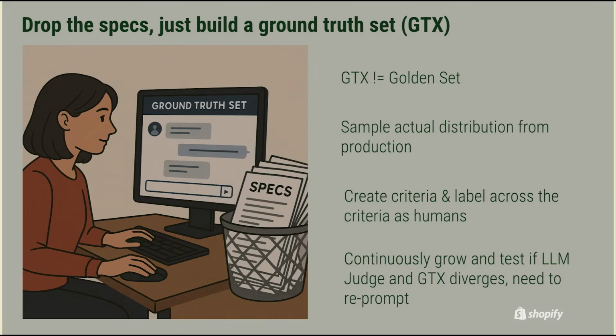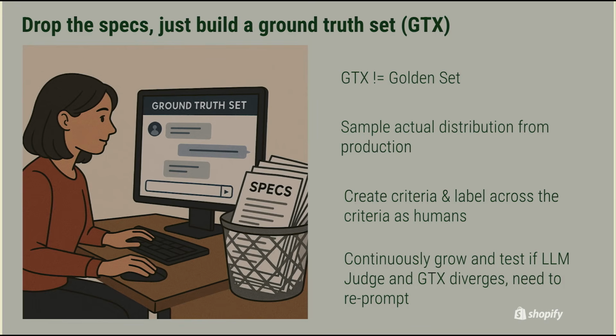So what we do is, basically, forget specs these days. No one cares about specs. I've been doing this a long time, and specs are made by product managers, and then they're given to the engineering team, and then they're kind of ignored, and we just build whatever, and then they're like, oh, why didn't you look at this corner case in the spec? So I think in this LLM era, we can just make a ground truth set. What I mean by a ground truth set is a set of labeled conversations, and it's not a golden set where it's just really good conversations. It's conversations labeled over your criteria, but matching the distribution from production,